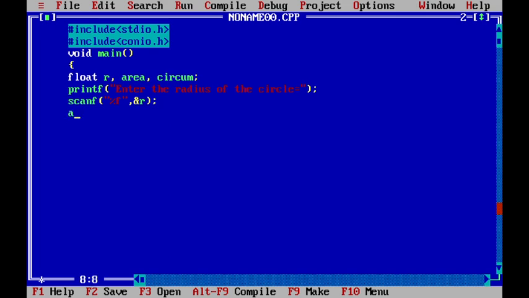Next, area is equal to pi r square, so 3.14 into r into r.